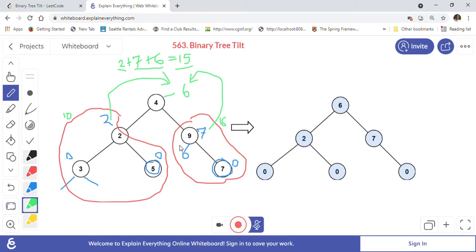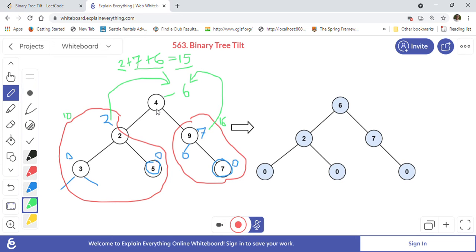So, I hope I have already explained the details of how the tilt is calculated, right? For every node you have to take left and right, and calculate the absolute difference. So 2 is here, absolute difference. Here the difference is 7.